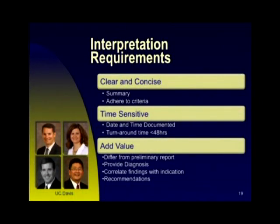Now we know that the impression is often the only part of the report that's looked at by referring physicians. So it's important to have some form of requirements for your interpreting physicians. And I have 3 listed here, but the 4th one is the most important, and it's not spelled out, but